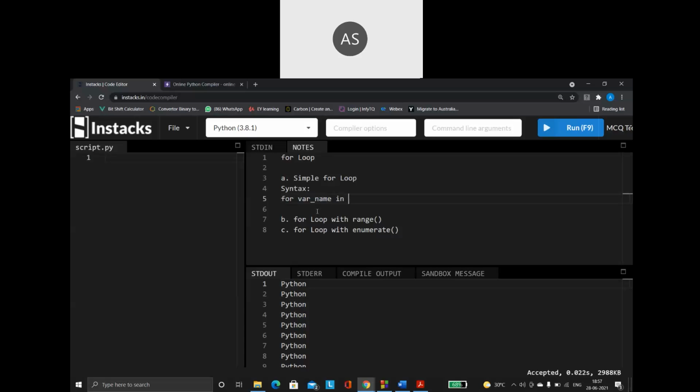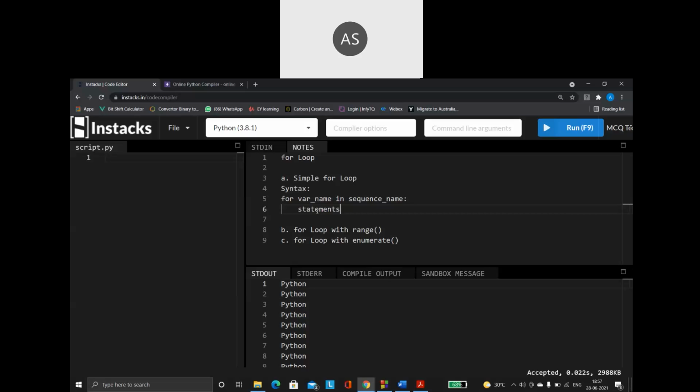After in, we have to mention the sequence name, then a colon, then whatever the statements, following indentation, you are going to give the statements. So this is the syntax of your simple for loop.